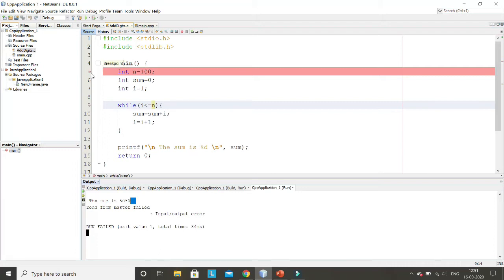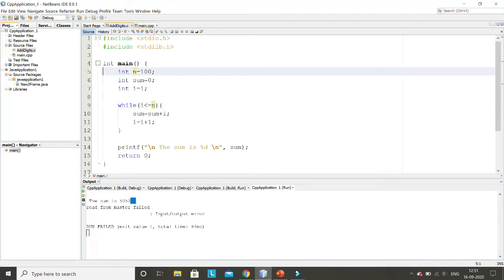Okay, so now how this code is working and how it is adding from 1 to 100? Since the value of n is 100, what I am doing here actually is 1 plus 2 plus 3 plus dot dot dot plus 100. This total sum is actually 5050. I am calculating this, and again I have said that there is a formula to do this, but I'm assuming that there is no formula. There is no formula. So how to do this?